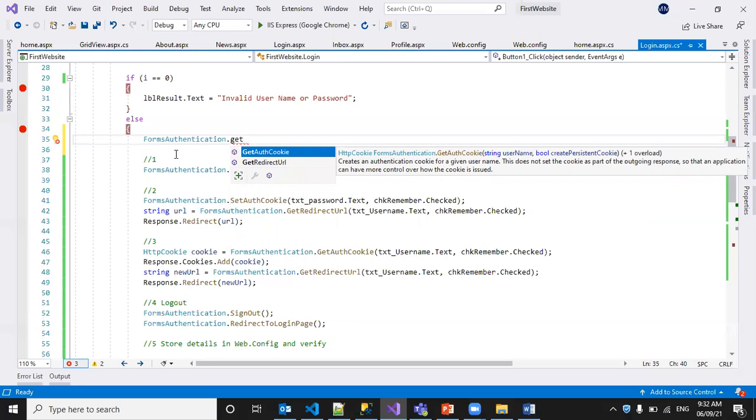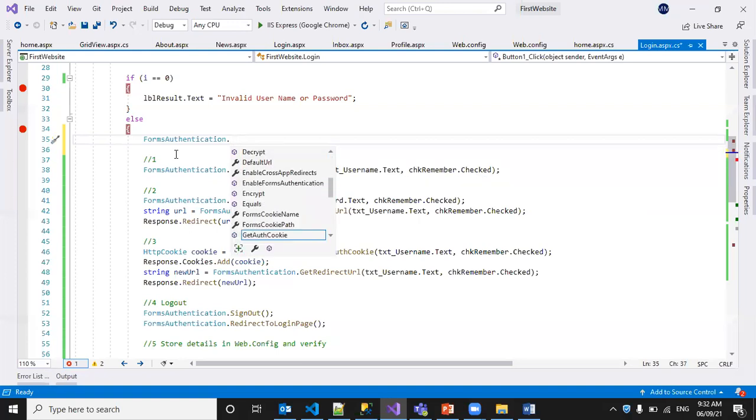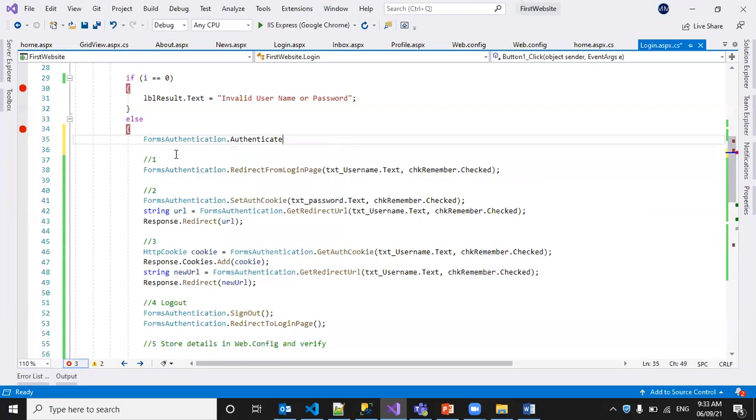It won't set it to the cookies collection. We have to set it manually. Okay, let's see them one by one.